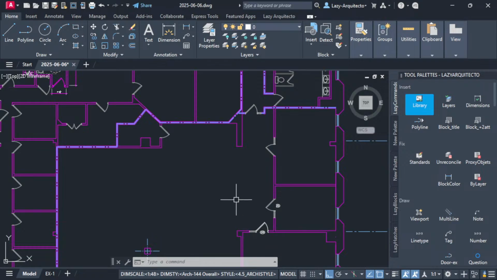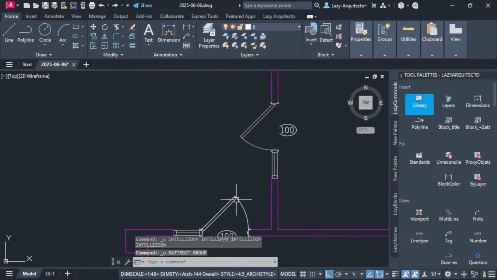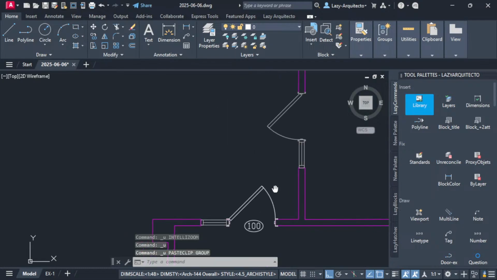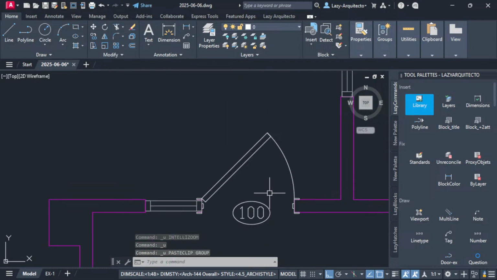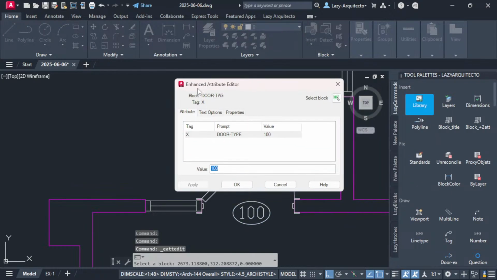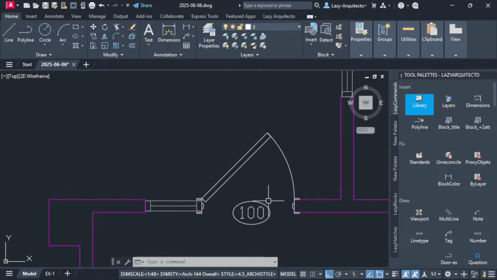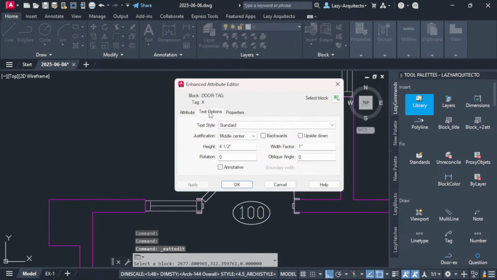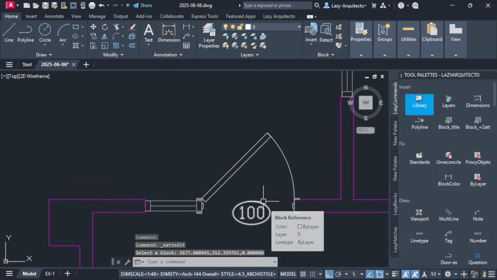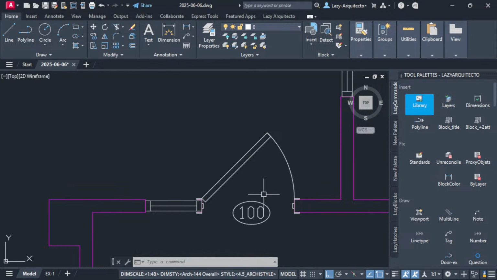All right, so in order to automate, I'm gonna undo a couple of times this. So first, let's see what we need. We need a tag, of course, a block tag, and this will have an attribute, as you can see, where you can type in your number, like so. So nothing fancy, again, just a block with an attribute. If you don't know how to create attributes, we have done plenty of videos on the channel, so you can check them out later. But once you have your block and your attribute,